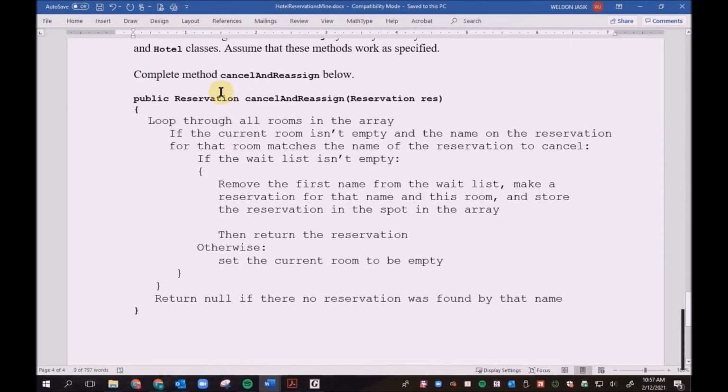So look, here's the method, and once again, look at what you're working with. The parameter is called res. It's a reservation, and then you actually return a reservation, right? Which is different from the method signature in the last one. So we're going to loop through all the rooms again, and then